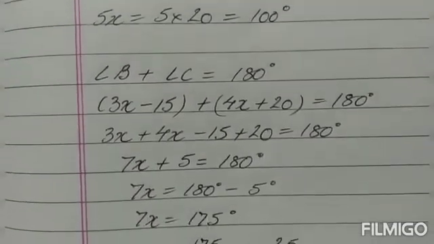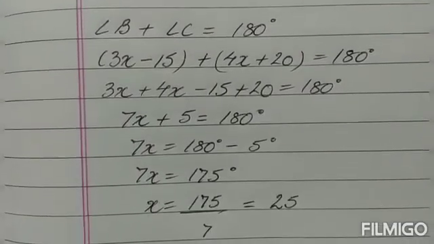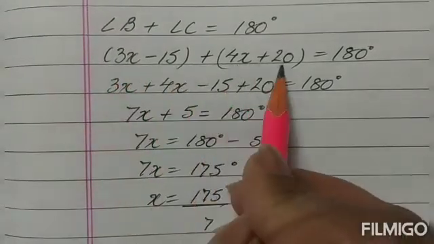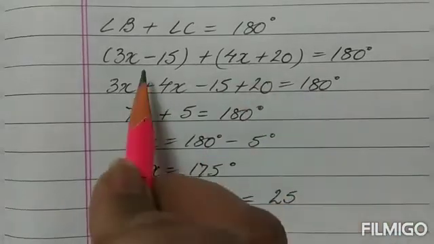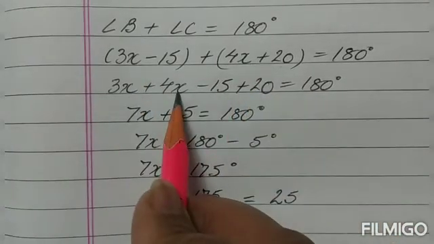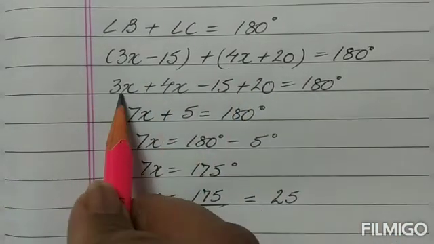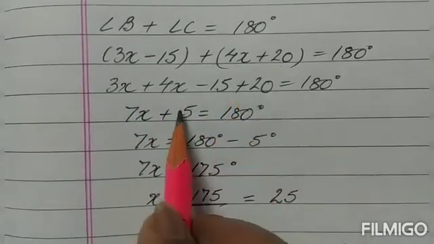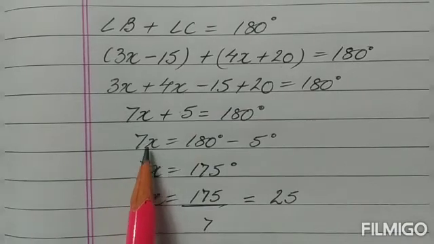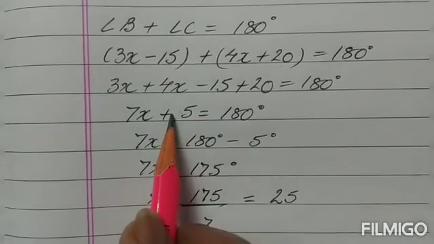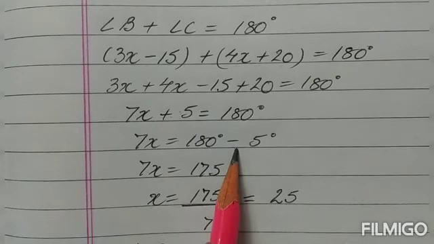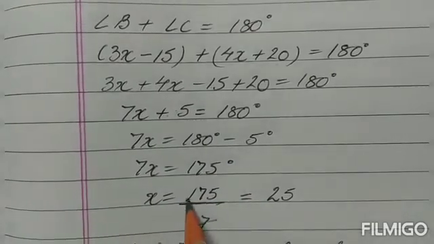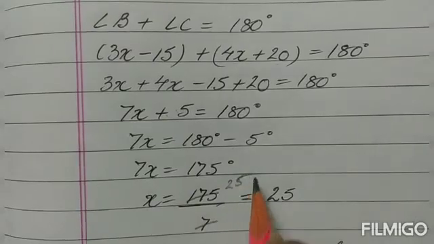Now similarly, we know, children, angle B plus angle C should be 180. Put the terms that are given for both of the angles, it should be 180. Open the brackets, bring the like terms together, children. So this can be added, 7x, plus and minus gives minus, sign of the bigger value, equals 180. Now 7x, this plus 5 will go on the other side as minus 5. 7x is equal to 175. x is equal to, after reducing, 25.